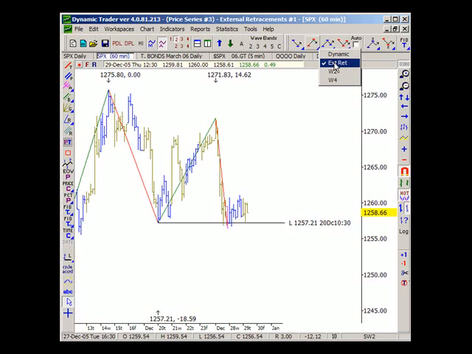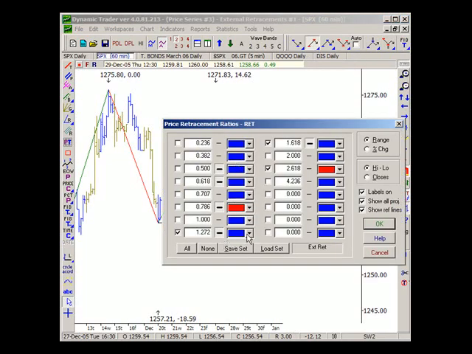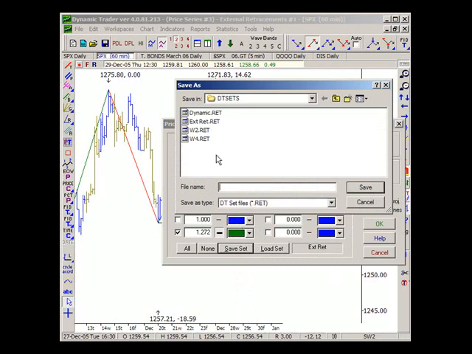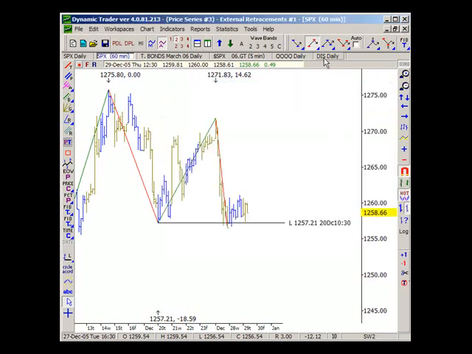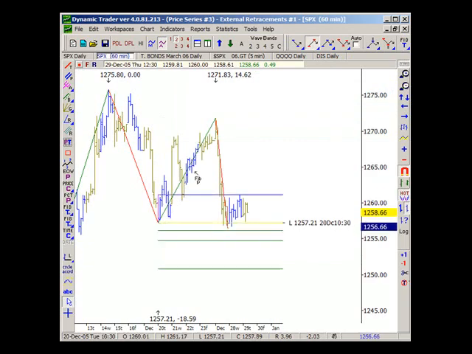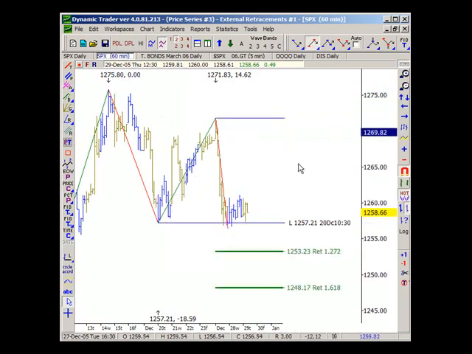Let's make sure we got our external retracement set. You know what I'm going to do? I'm going to make sure that we have them green. I need to reset those and save them as a green color. We can do that pretty quickly. And I'm going to do save set. Okay? And we want to save it as the external retracements. There we go. So let's do the external retracements on this 60-minute data, and we're doing them because we made